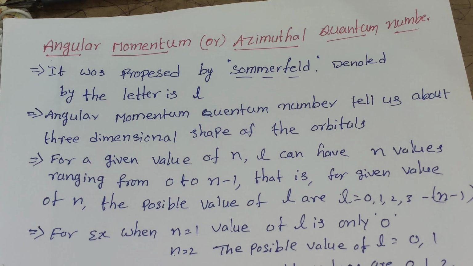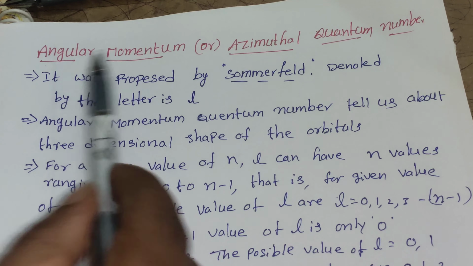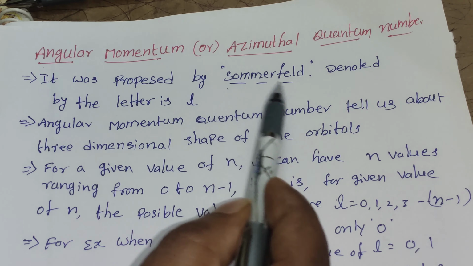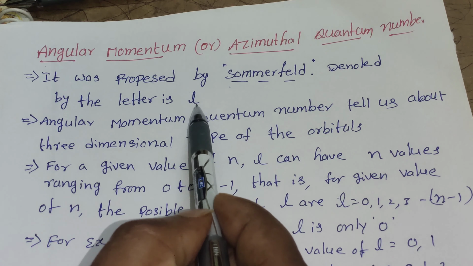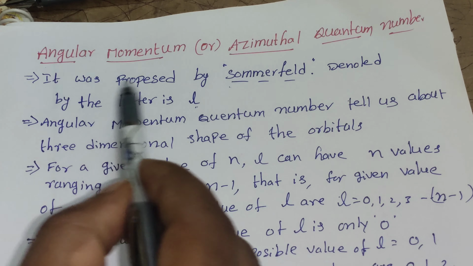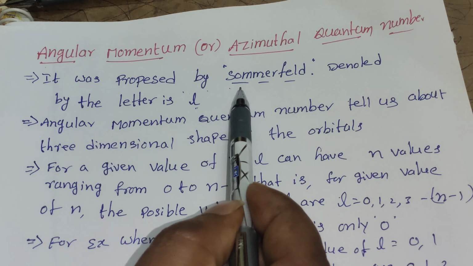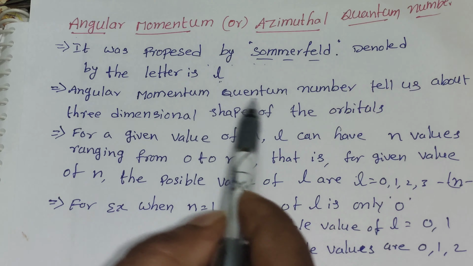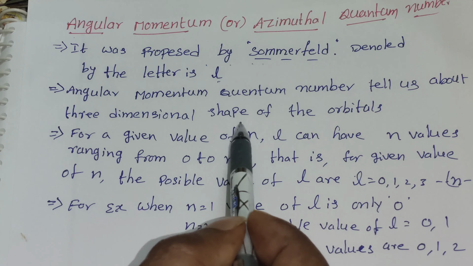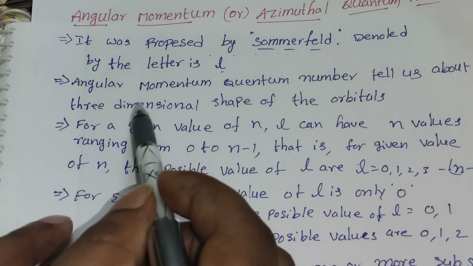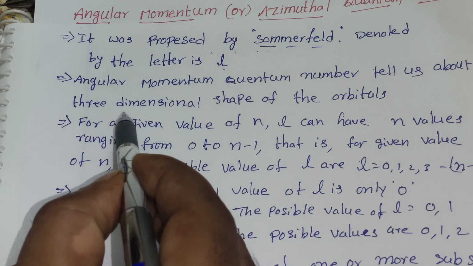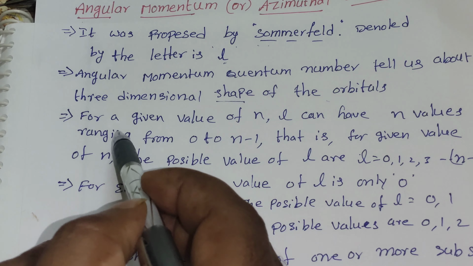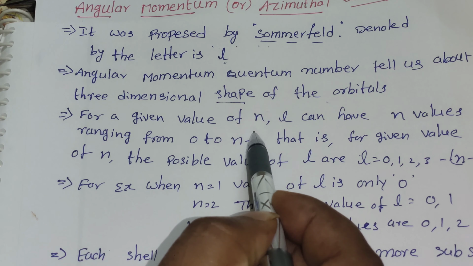The next quantum number is the angular momentum quantum number, or azimuthal quantum number. The angular momentum quantum number was proposed by the scientist Sommerfeld and is denoted by the small letter l. The angular momentum quantum number tells about the three-dimensional shape of the orbitals. Once again, by studying the angular momentum quantum number, we get the information about the shape of orbitals. For example, for any given value of n, the principal quantum number,